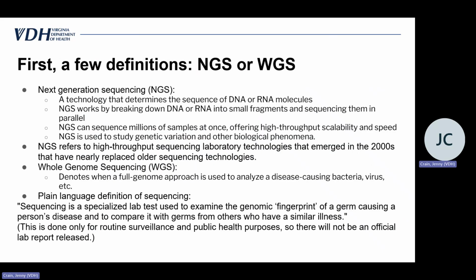Okay, so it wouldn't be a real training without learning objectives and definitions. So I just want to start here briefly by ensuring that everyone understands the difference between NGS and WGS. I think these terms are often used interchangeably by scientists. While that's all good when they know exactly what they're talking about, sometimes it's a little confusing for epidemiologists. So whenever you see the term WGS, this does denote when a full genome approach has been used to study a specific bacteria, virus, pathogen, etc. And anything else that could be referred to as sequencing or next generation sequencing is a larger umbrella term, is how I think of it.